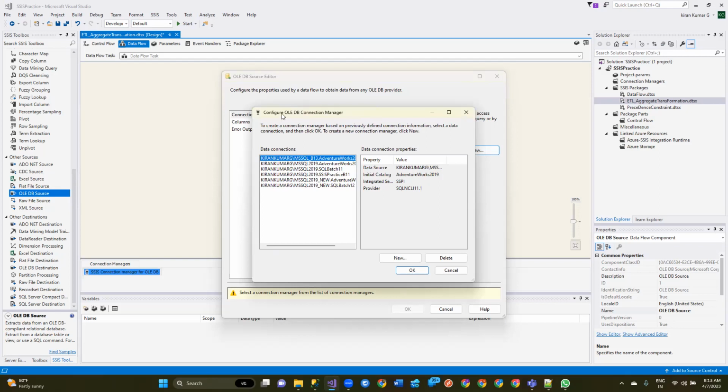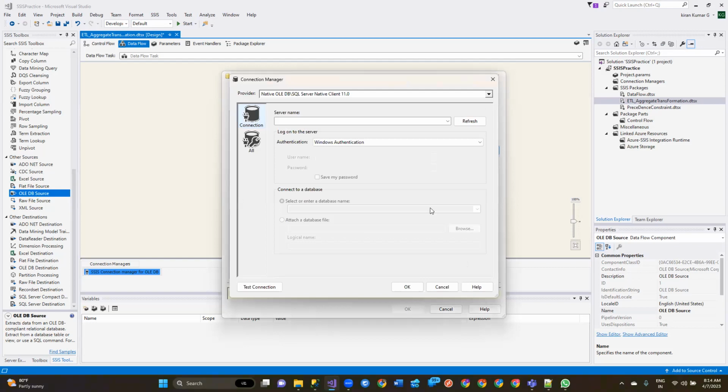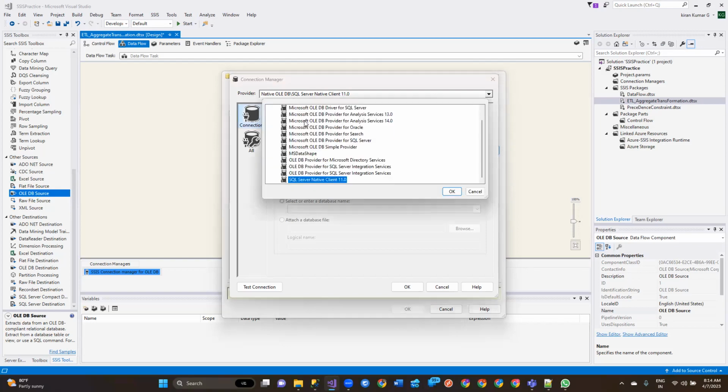Here you see Configure OLEDB connection manager. You are able to see some of the connections, right? They are previously used connections. For you, it should look empty, so you are supposed to create a new one. Simply click on new, and it will open another window, the connection manager window. Here, if you see the provider drop down,